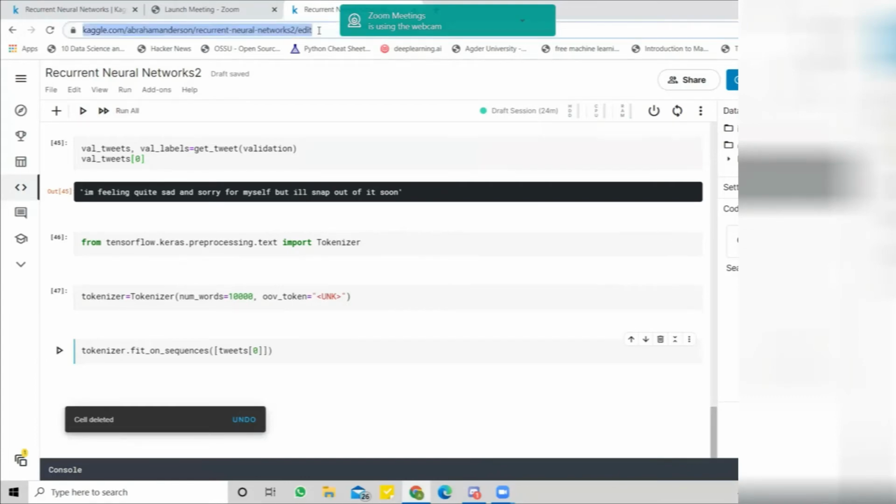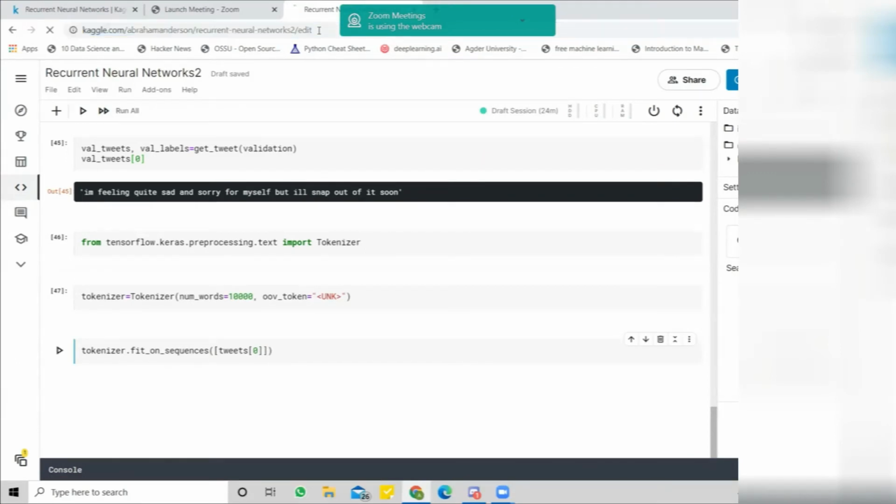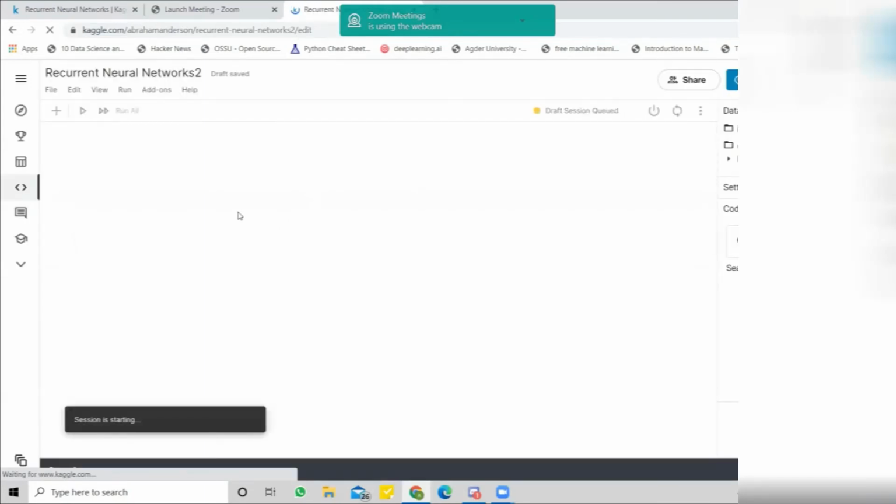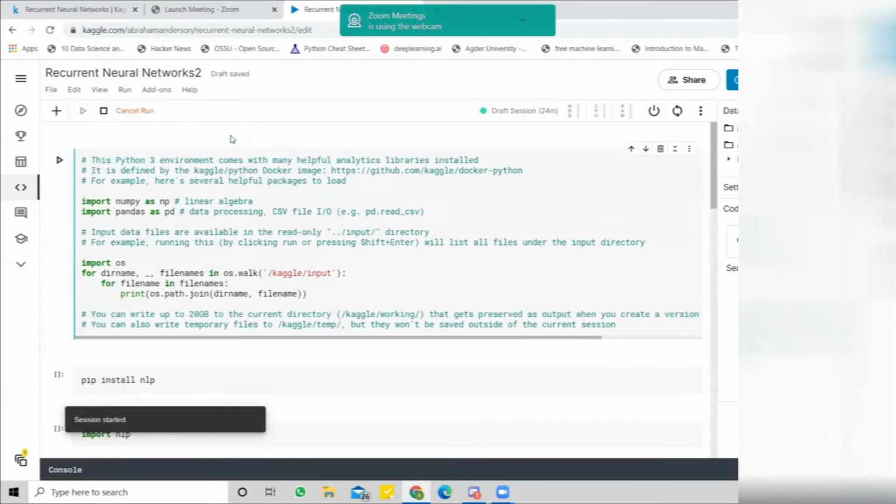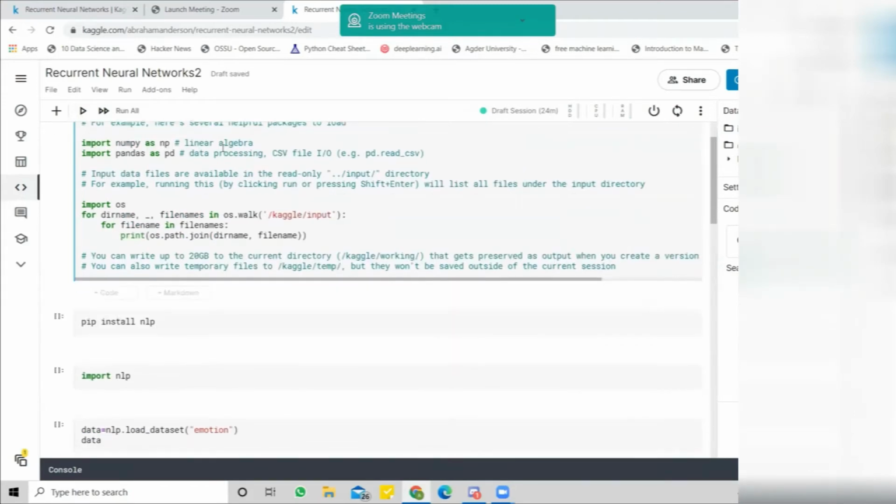Is the tokenizer supposed to output by default with the fit on sequences function? Can you ask again, Nikolai? The function fit on sequences. Yes. Is that function supposed to output by default? Yes, by default, because for example, I is represented by, I don't know, maybe 50 as a number, so it will use these default numbers inside itself.